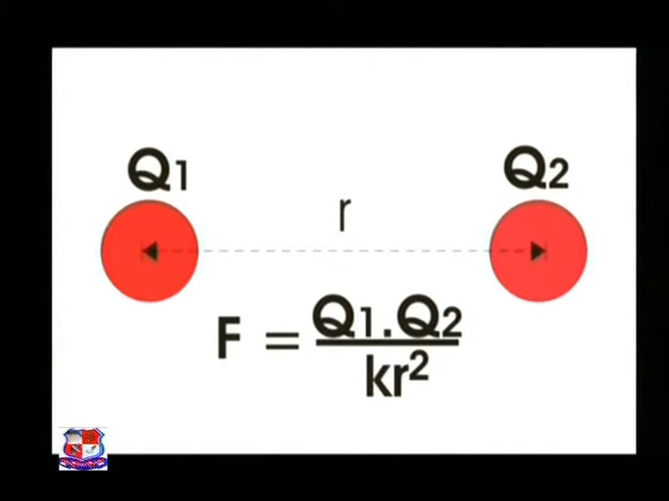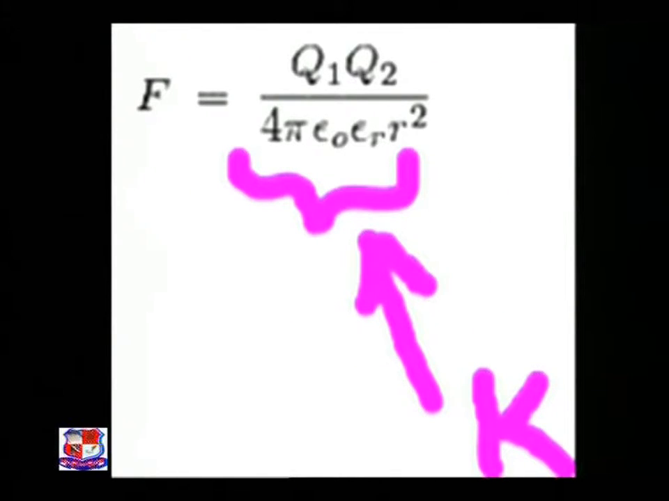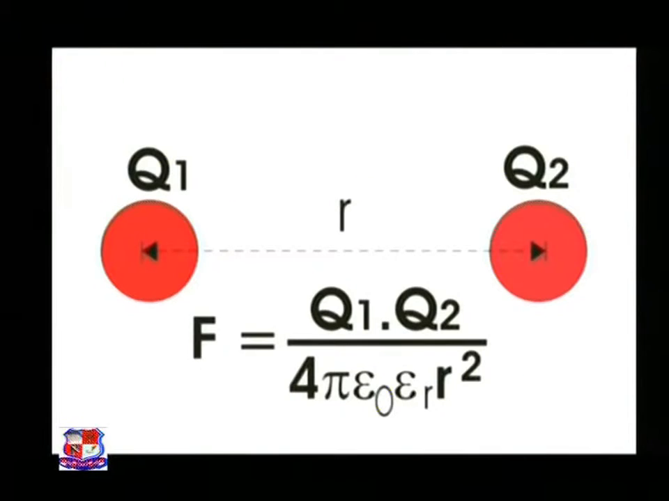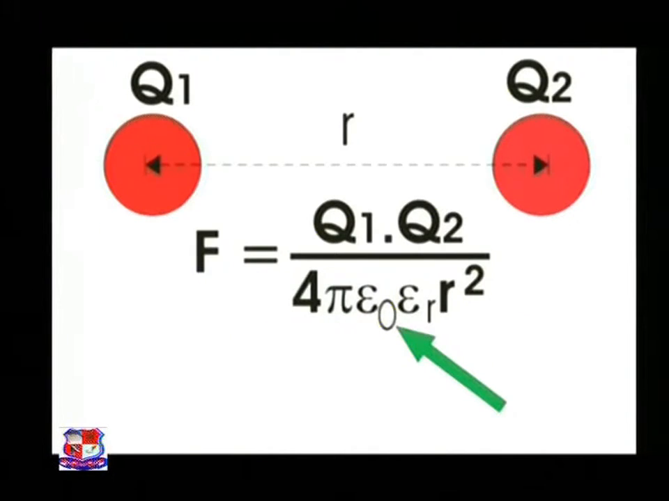In the SI system, force is measured in Newton, distance is measured in meter, charge is measured in Coulomb, and K equals 4 pi epsilon 0 epsilon r. The force acting between the charges is expressed as F equals Q1 into Q2 divided by 4 pi epsilon 0 epsilon r into r square, where epsilon 0 is the permittivity of air or vacuum and its value is